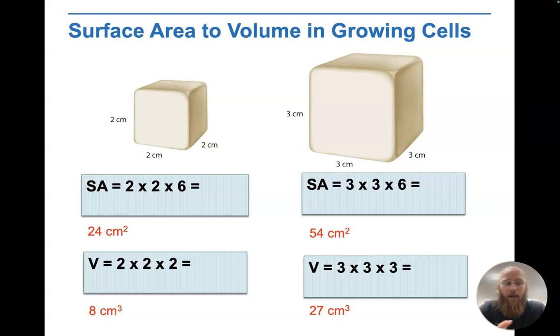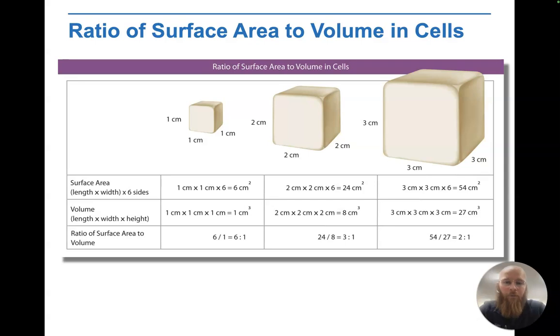Now you might be thinking, this doesn't seem like a really big disadvantage because the surface area is still way higher than the volume. And in order to understand really what's happening, we have to actually look at what's called a ratio, where we compare the size of the surface area and the overall volume to each other. And when we do so, we get a really useful breakdown, just like this one, where it breaks down exactly what we've just gone through, but I want to draw your attention to the bottom row, specifically to these 2